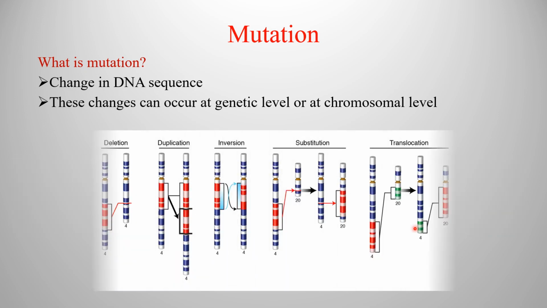And what happens at the chromosomal level is, during cell division, all the chromosomes are needed to be copied exactly from one cell to the other. Any error in this copying mechanism will result in these kind of mutations, which include deletion of a segment of chromosome, or duplication of a same segment of chromosome twice, or inversely added segment of chromosome, etc. Sometimes among the pair of chromosomes, segment of one chromosome is substituted to the other, or segment of chromosome is translocated to each other.